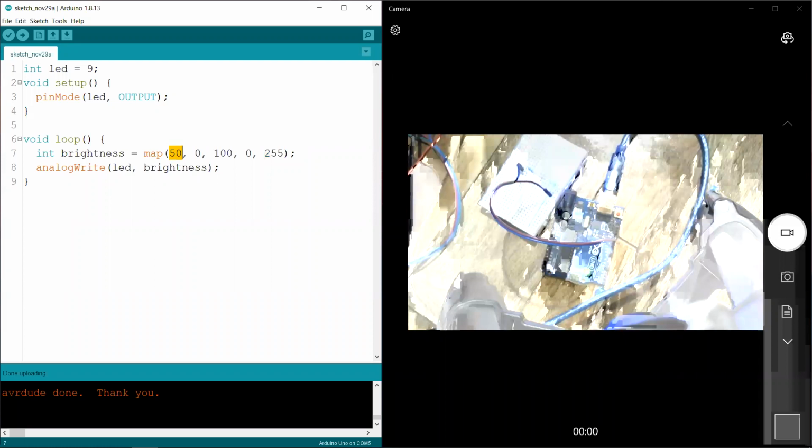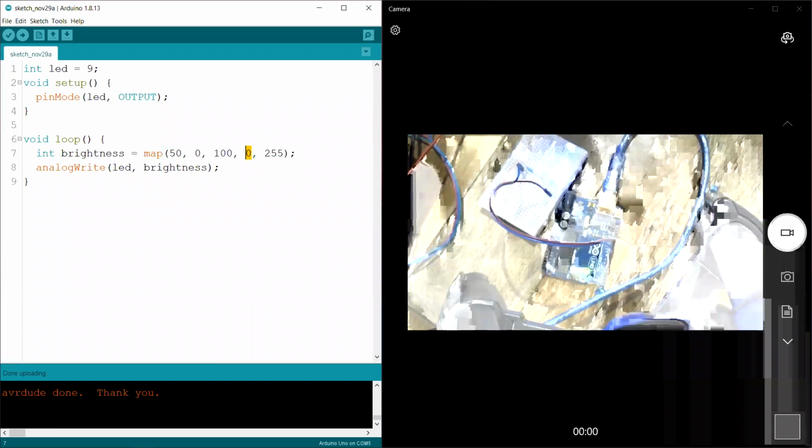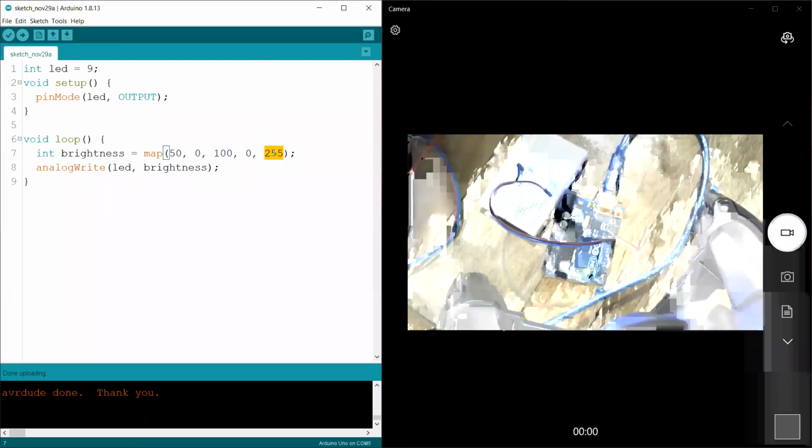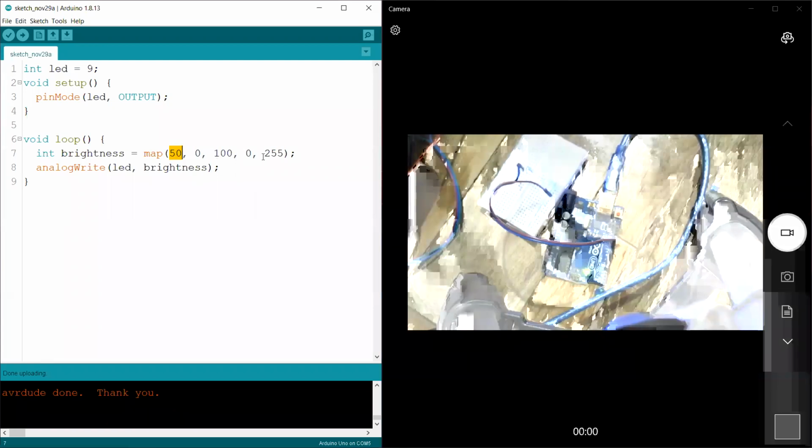So if we give 125 instead of 255, then when we give 50 as the first number, it will be giving out half the value of 125. Exactly. So this is the range you want. If you are going to use the full range of PWM, you have to use 0 to 255, like she said. If you are going to use 125 and type in 50, it is going to give 50% of this range, right?